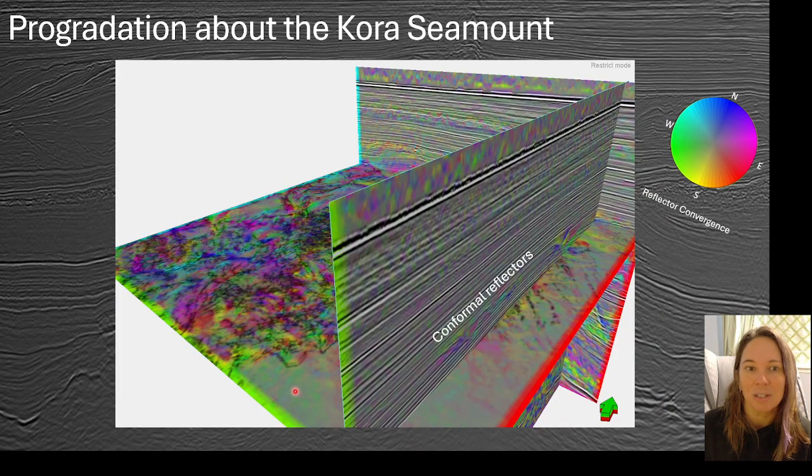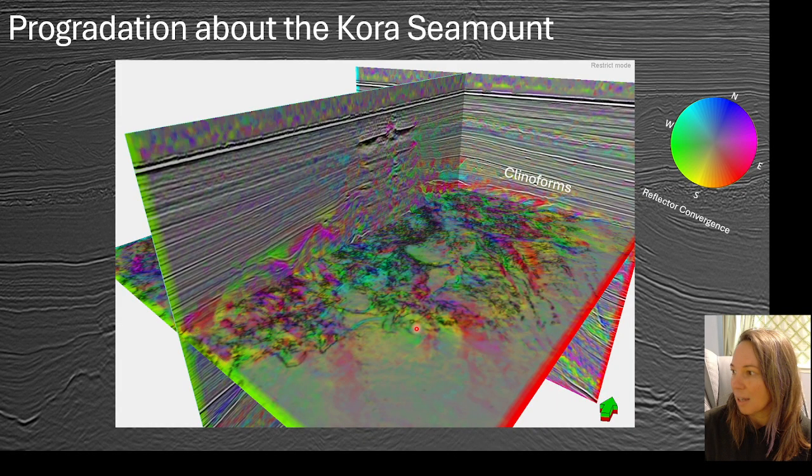There's a few more images that were made related to this. In this case, we're using the reflector convergence attribute co-rendered with seismic amplitude. And so this is kind of being shown on a vertical section and then also on a time slice with a co-rendering. And what you're able to see are some of the conformable reflectors in this case. And then as we move through, you can see here some of these clinoforms. I'm trying to point them out with my